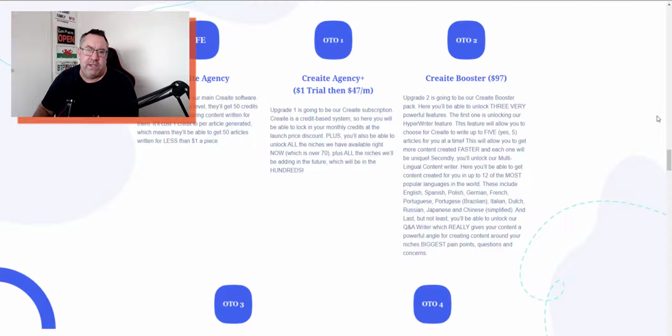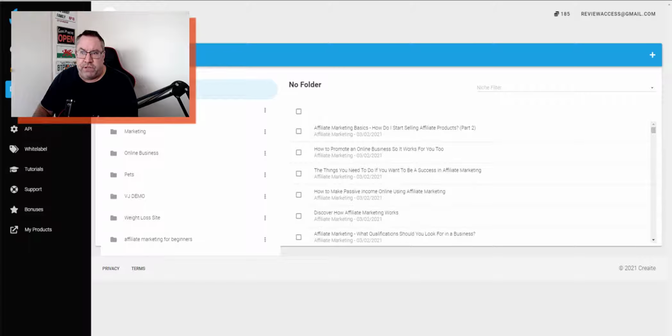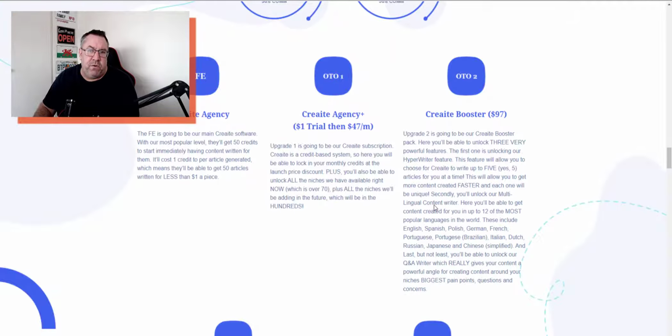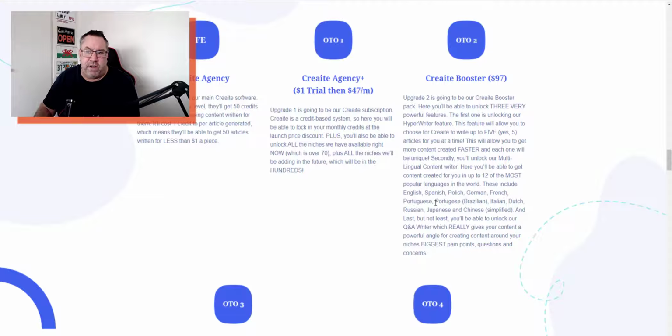So they're the OTOs, guys, and as far as I can see, what you would really need to do to get this version that I've been showing you here, which is kind of the all singing, all dancing version, is you'd have to buy this $97. You'd have to pay the $37 on the front end, which is around about $130 so far, and you'd have to get the $47 a month deal to make this work. But if you think this is going to be worth your while to do that, then it could be useful for you if you're really struggling with content creation and you want something that is automated and can at least start you off in doing that.